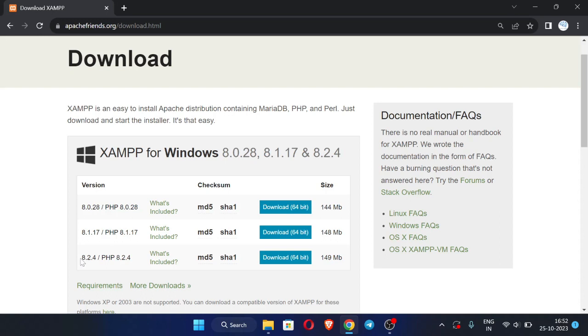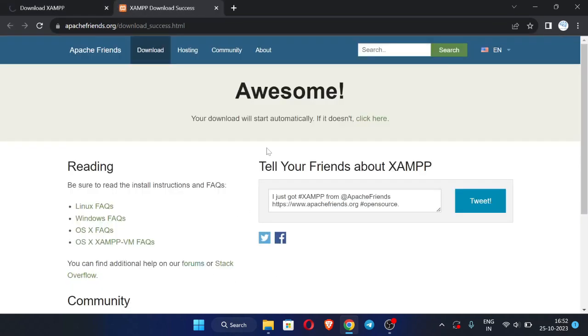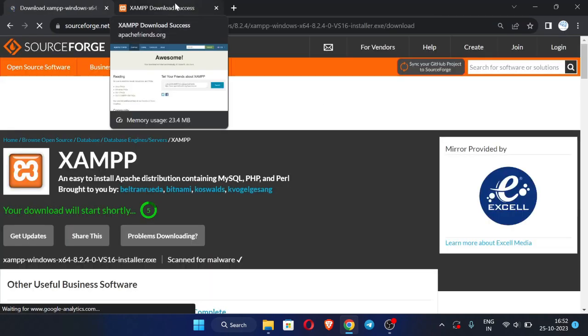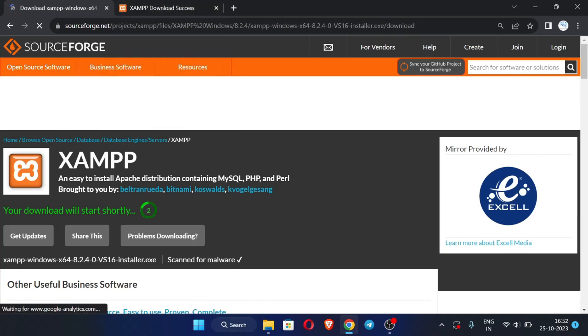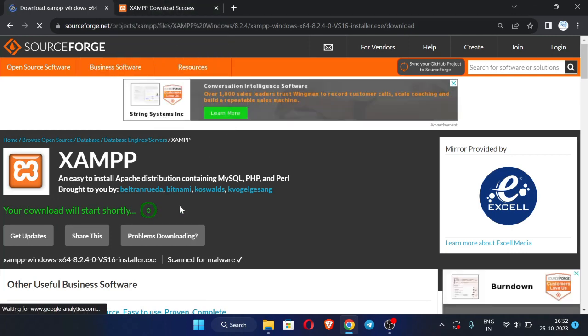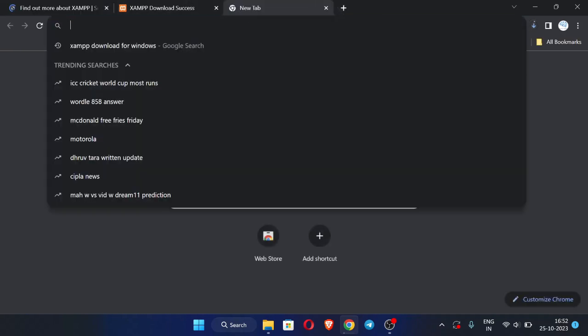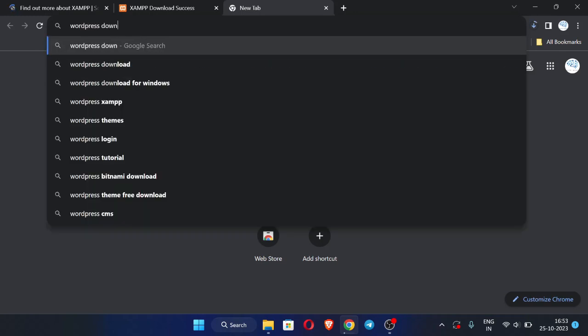I am going with this version, 8.2.4. You can install any one of these. Just click here, download. It is 149 MB, so it will take some time for downloading. It is showing your download will start shortly. Yes, our download has started, so you can see this. Let us wait, and we will have to install one more software, that is WordPress. Just search for WordPress download,